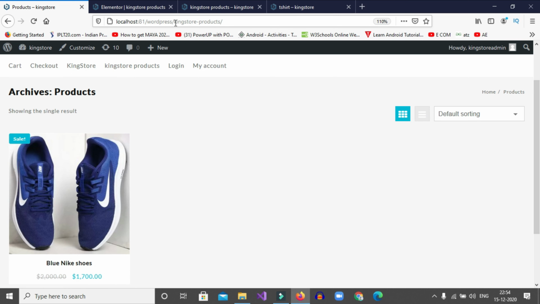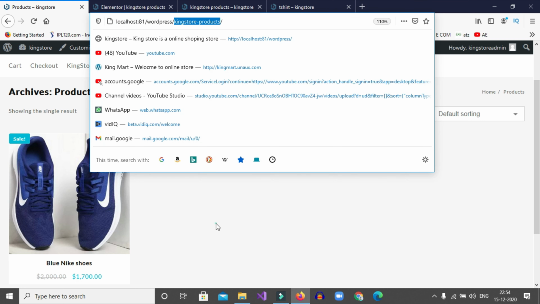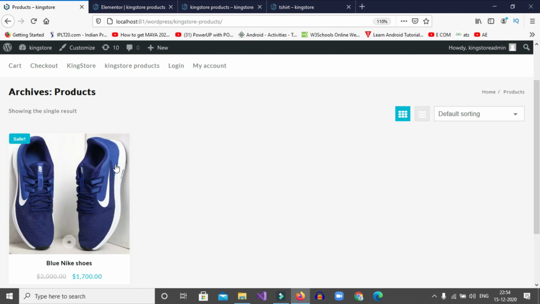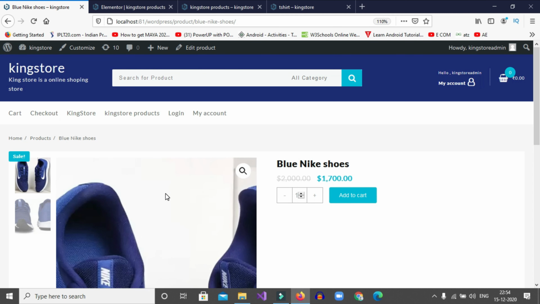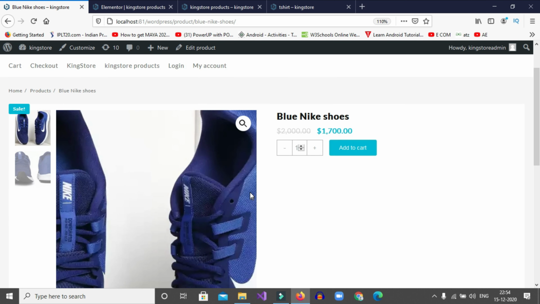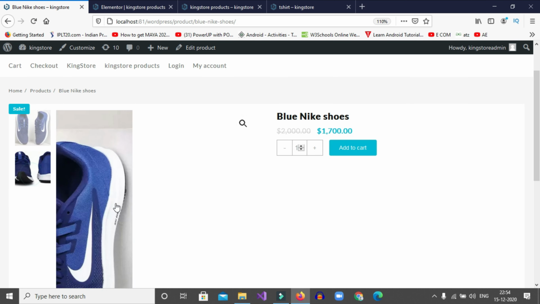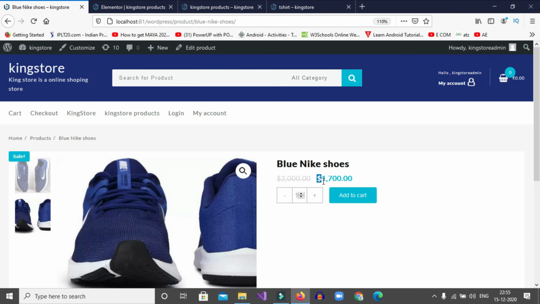Here you can observe Kingston products. In Kingston products, we have products here. Okay, if you want to see this product, just click on this image. Here you can see how the product is going to be. Here you can observe that we have a dollar symbol, but we need to sell the product in Indian rupees. So to change the currency,